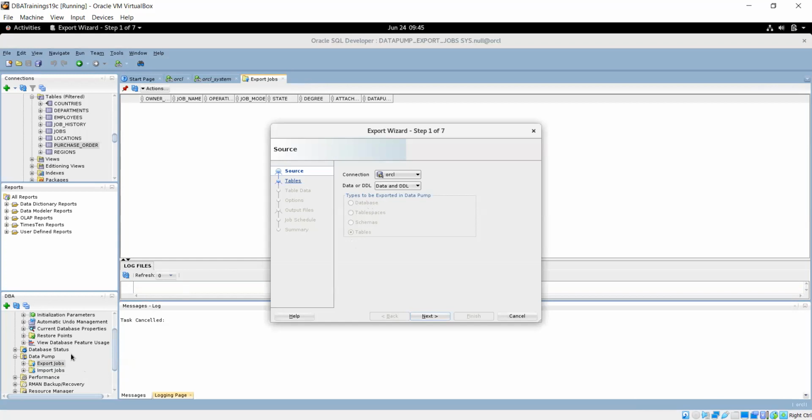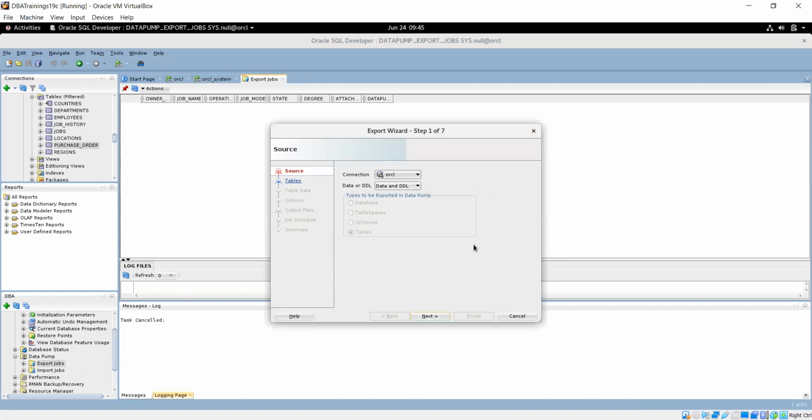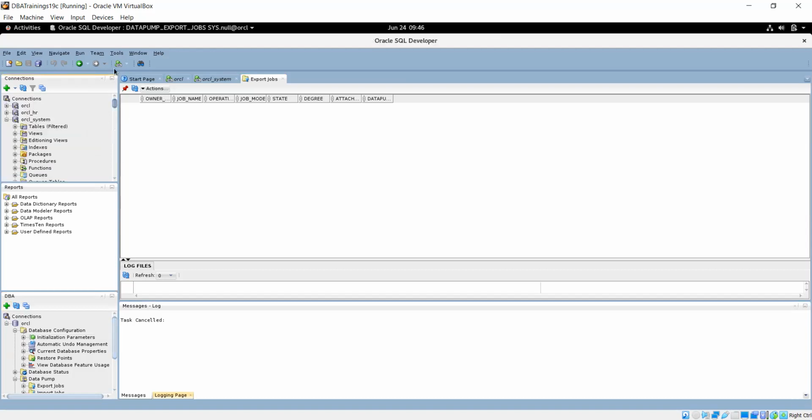Since we are in a particular user, it is showing this. Got it? So these can all be done. Export, import, those can all be possible as per your need. Not only that, you can change the parameters.